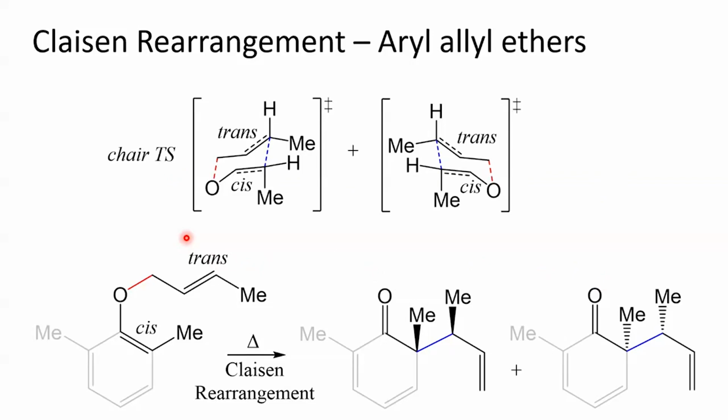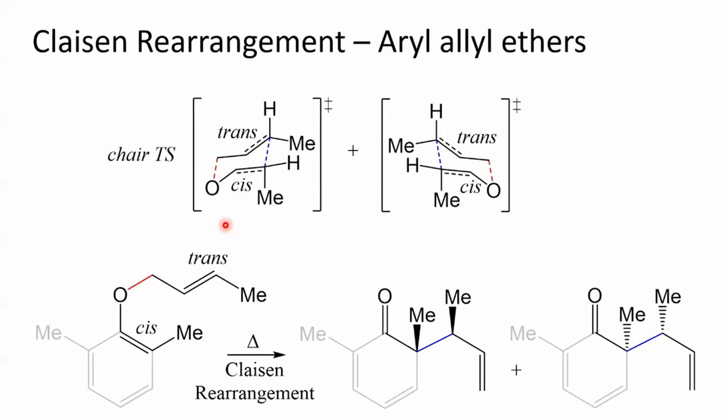Now, one thing we know is that the transition state is going to adopt a chair conformation, so we can draw that in. I've done this by placing the oxygen at the bottom, sort of anchoring the chair, drawing in the bond to break, bond to form, and the intermediate double bonds here. As we know, it's a pericyclic reaction, so all these bonds break and form simultaneously. And the final step we need to do is add the methyl groups into the correct positions